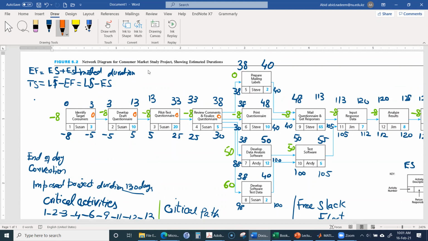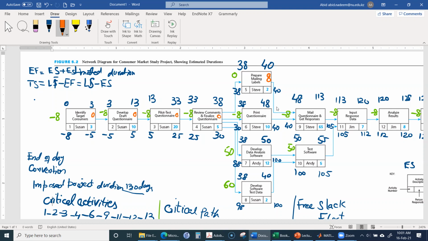Actually, Professor, we can't see your pointer. So my pointer you cannot see? Oh, yeah. I see. The free slack of activity 5. And now can you see the pointer? Yes, now we can see. 8. Yes, it will be 8. Because for the pointer, I'm using some other device, a pen, so maybe it's not in this system. So that's the difficulty in teaching online. You cannot